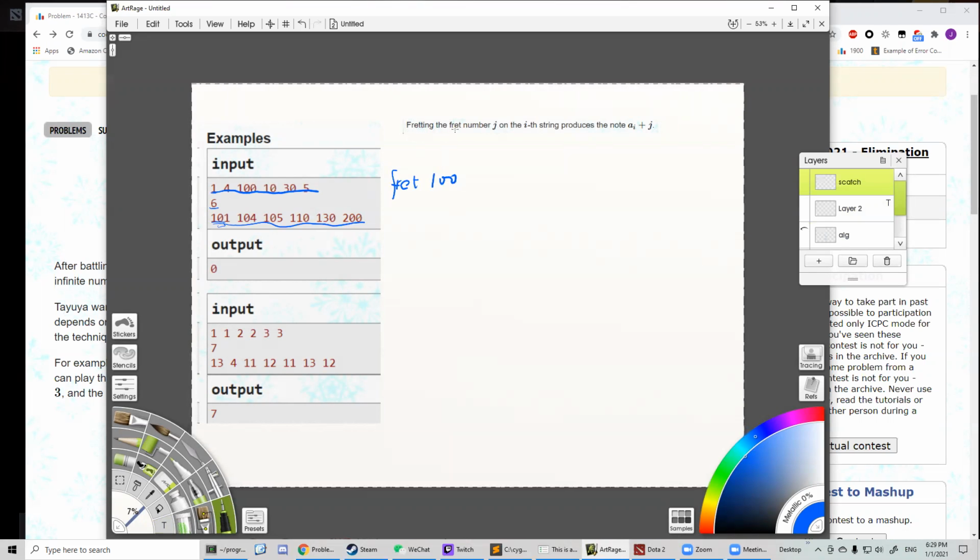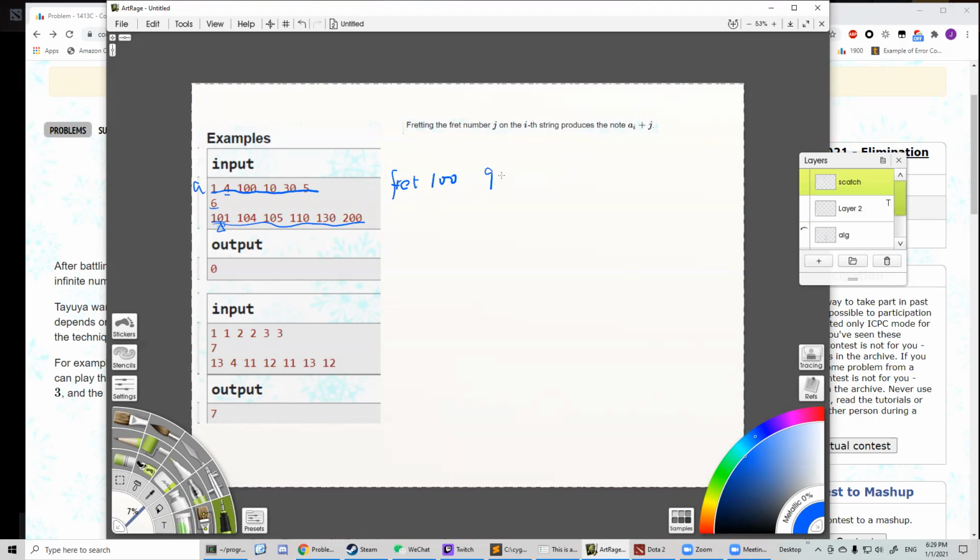Because fretting the fret number j on the ith string produces the note a_i plus j. So this is array a, and you are going to use fret 100 if you want to play 101 on the number 1 string. And if you play this note on the second string, whose original note is 4, you are going to need a fret